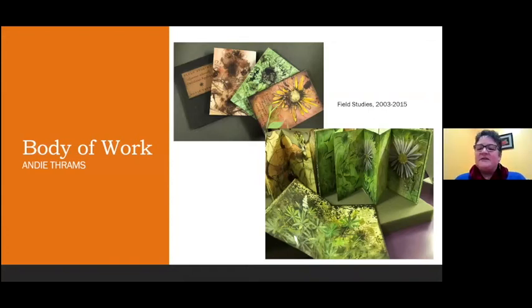So Ellen, and then another example is we have Trams, who makes these amazing, beautiful field studies. These are unique works. And her method is that she goes to a location and spends time there, a location in nature. She often uses materials from that place to draw or paint or to color paper. They're completely beautiful. They're wonderful to get out. We have several classes that deal with the environment. And so these are really great to get out.